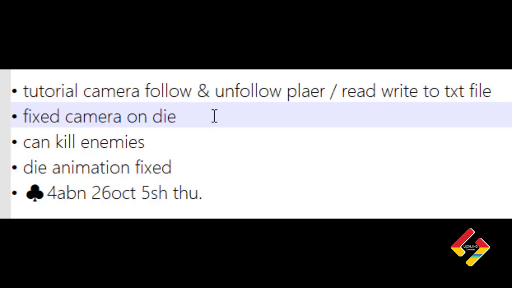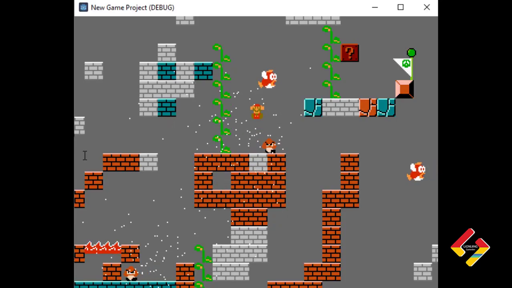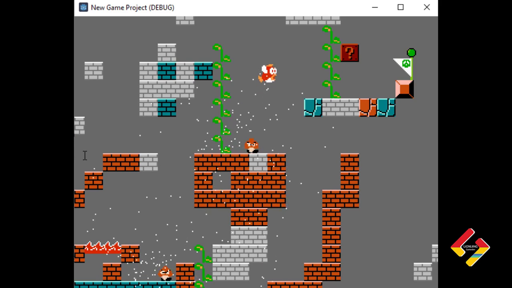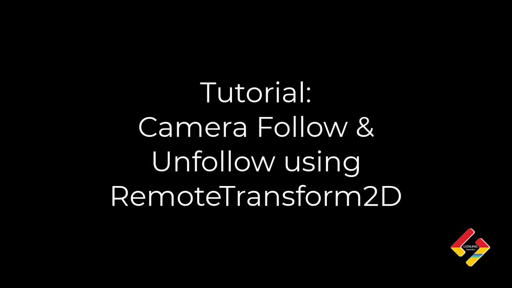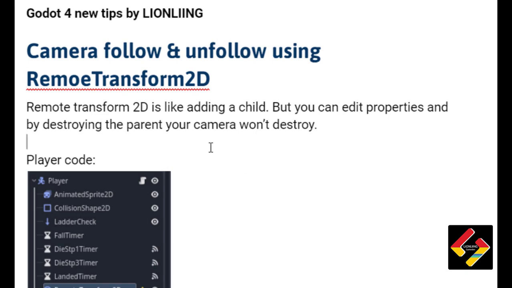When the player dies, the camera works better. The camera stays still and then the game restarts. So this is what I learned about camera follow and unfollow using